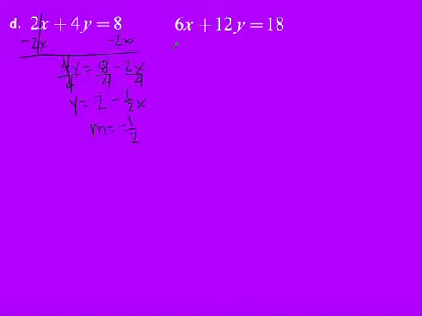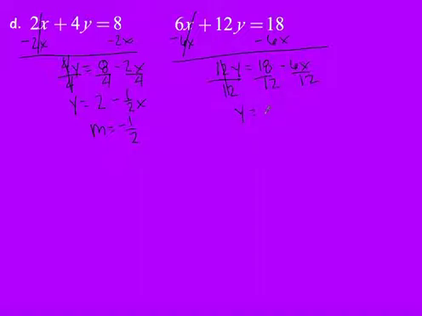All right, I have to do the same thing for the second equation, 6x plus 12y equals 18. I'm going to take this 6x to the other side, so I can either circle and jump it or subtract it. That cancels. You're going to have 12y equals 18, and negative 6x are not like terms, which means I can't combine them, so they just go separately. And now I'm going to divide everything by 12. When I divide everything by 12 to get y by itself, the 12's cancel, which gives me y equals